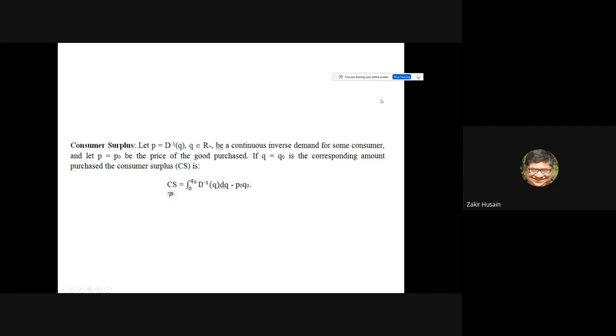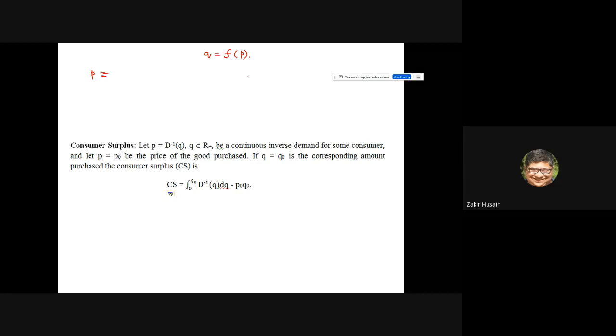Okay. Now, in the case of consumer surplus, price, what we can simply do is we take the inverse of the demand function. Sorry, we suppose... well, I mean, they are writing it in this way because sometimes we write quantity demanded is a function of price. So in that sense, it is the inverse function.